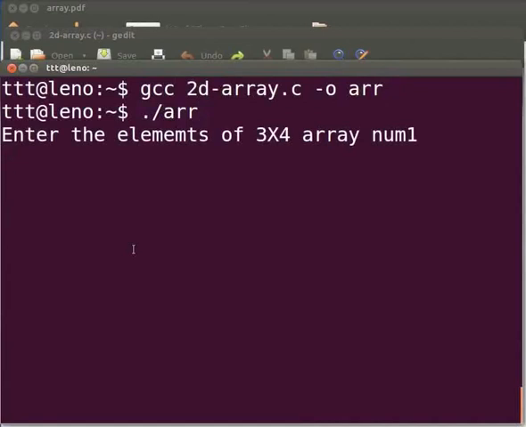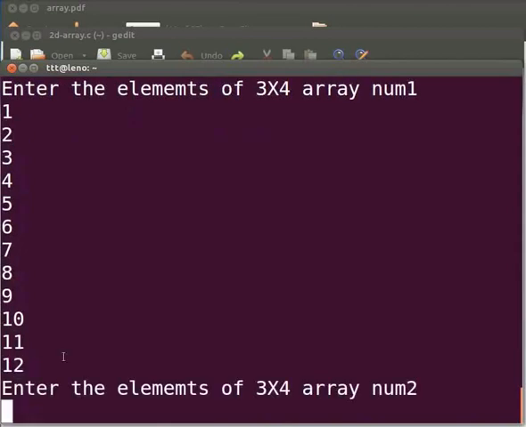Here we see enter the elements of 3 into 4 array num1. I will enter the values now. Now we can see enter the elements of 3 into 4 array num2.